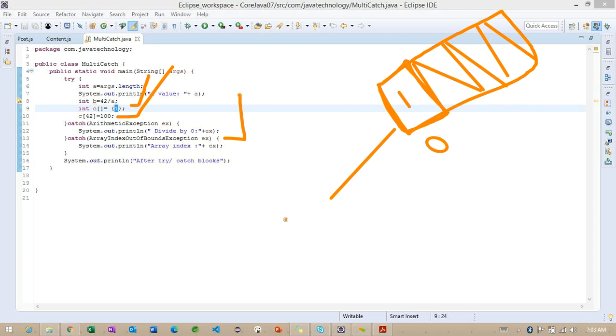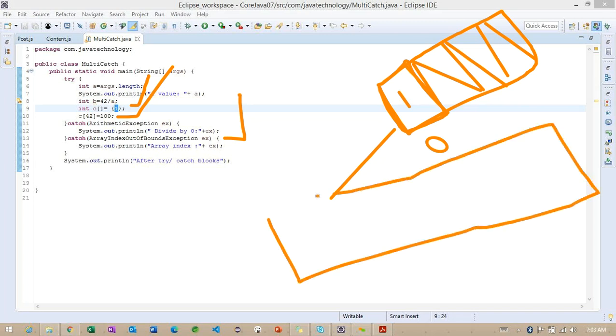Getting the point. As I explained, to work on arrays, first we need to create the size of the array. Once the size of the array is created, only then can we insert, delete, or update the values using the array concept. So to work on that, we need to create something like this. Getting the point.